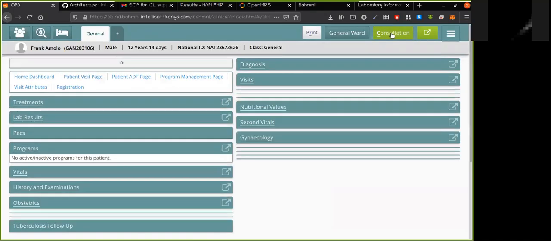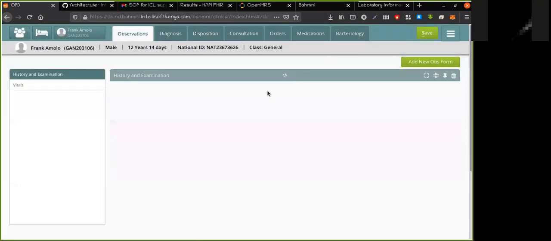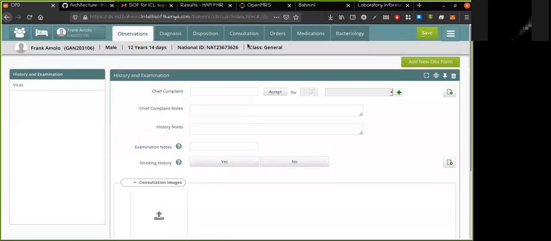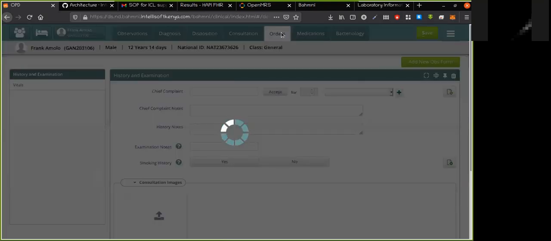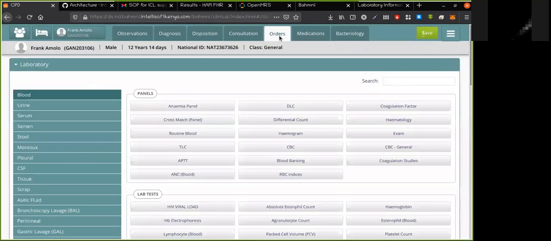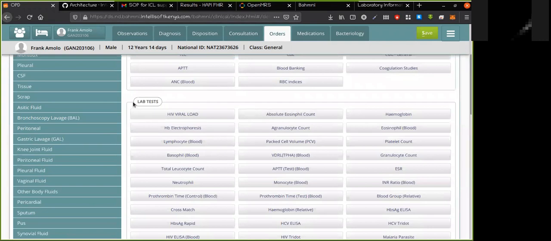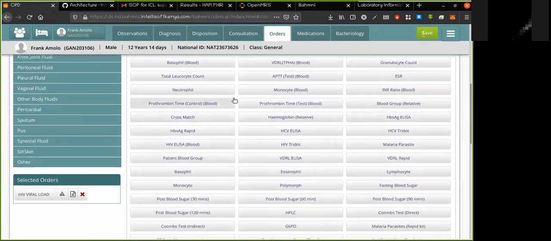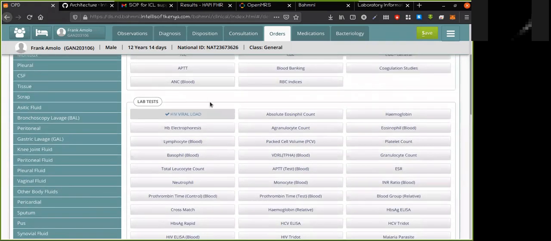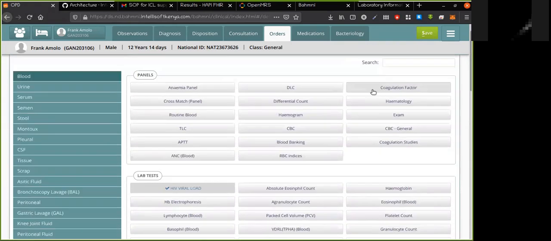Then I'll head over to consultation. Then I'm going to create an order on the orders tab. Then I'll just select HIV viral load because this is the test we are interested in, because the results of this test is what we'll use to calculate this indicator. So just save.